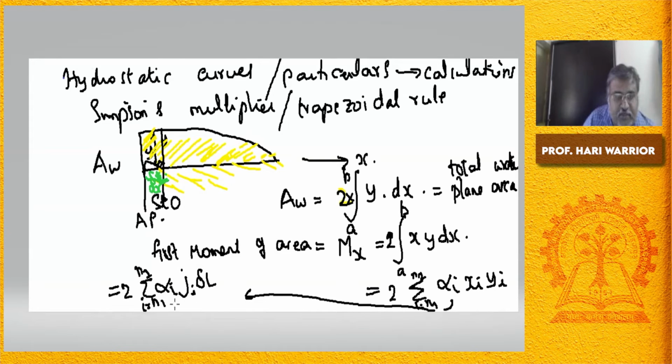So that's what they are showing here. So this is 1 delta L. The station 2 will have 2 delta L. So this will be j delta L at the j, where I goes from n1 to n2. You are integrating the whole thing. And alpha I is the Simpson's multiplier and into delta L. Alpha I ji into delta L into